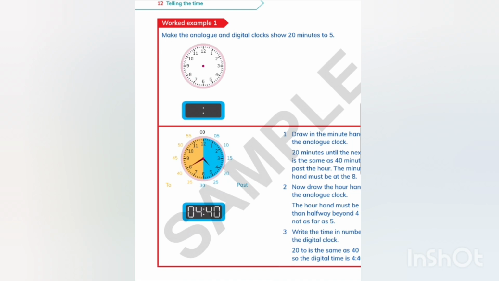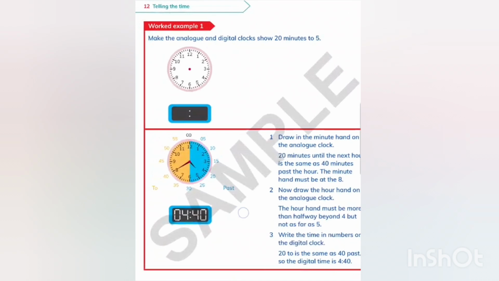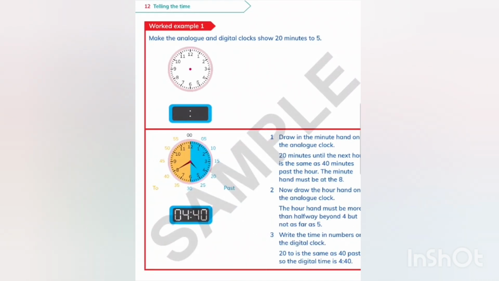We have to read this instruction, then we can come to know what we have to do here. Make the analog and digital clock show 20 minutes to 5. So this is the same as we have done previously. 20 minutes to 5. 20 minutes to 5 means, now there is a little bit